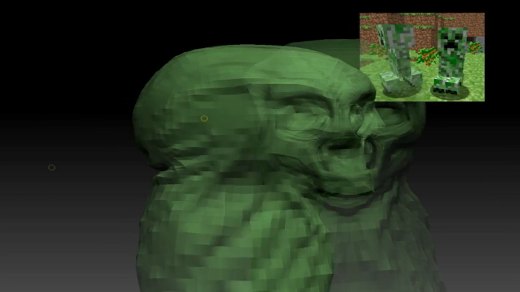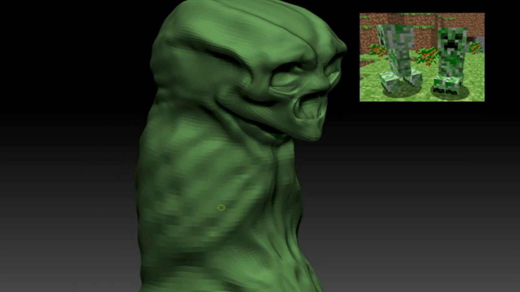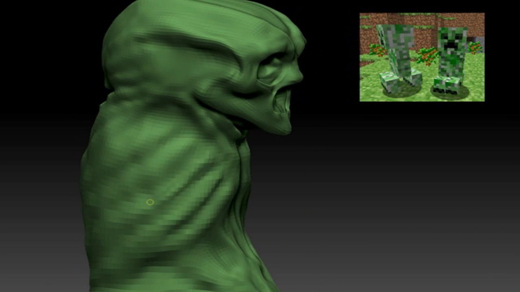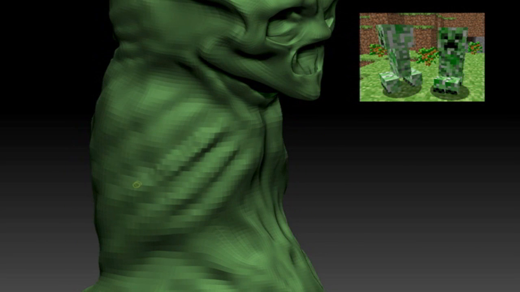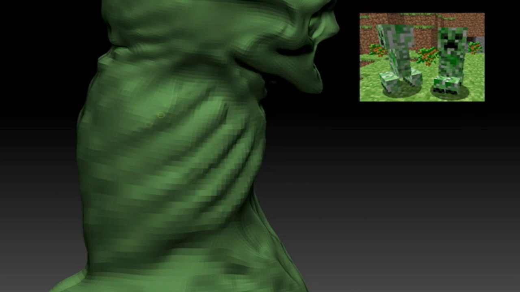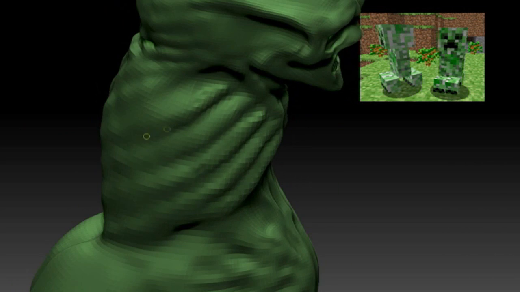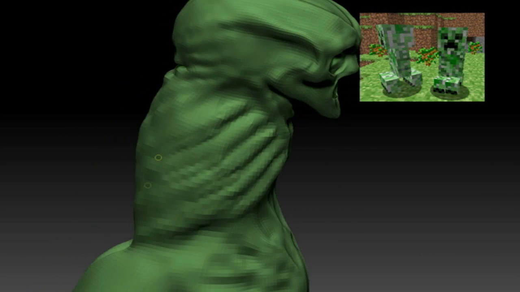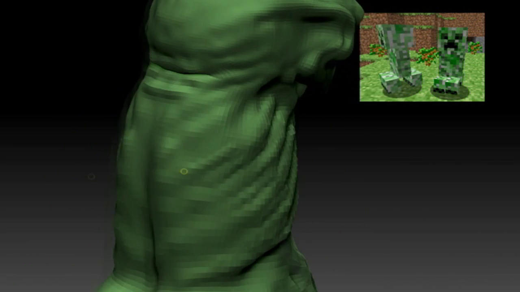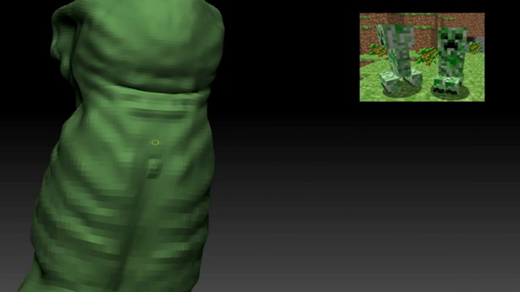Added more wrinkles on the back, and as you can see now, we're on subdivision 4. Yeah, 4. I'm starting to lose count. So we're in subdivision 4 right now. This is even more polygons to work with, so I really have to put more details on this, and that's pretty much how ZBrush works. And not just ZBrush, 3D modeling in general, you work your way up to the details.